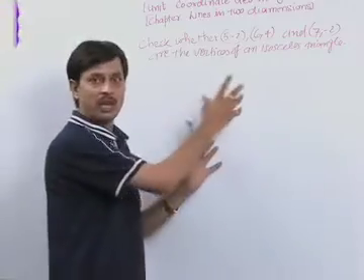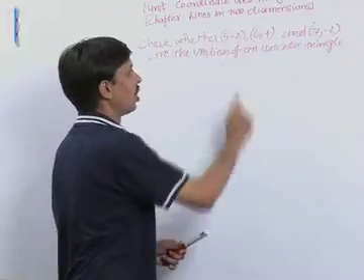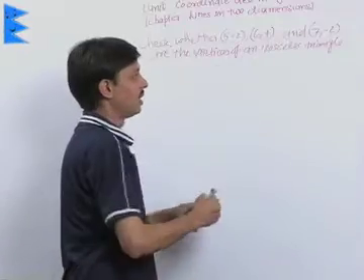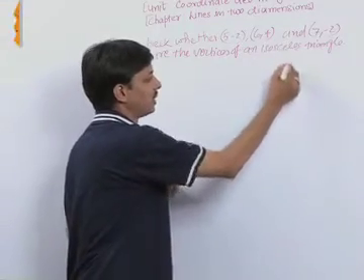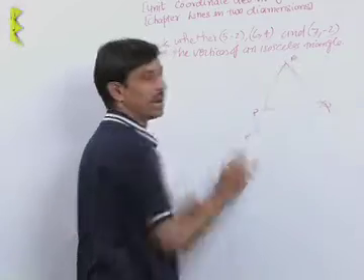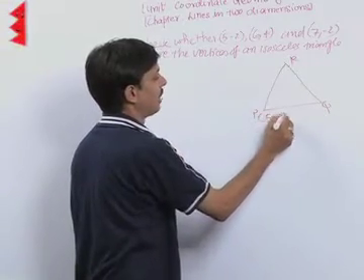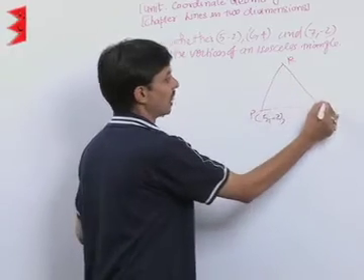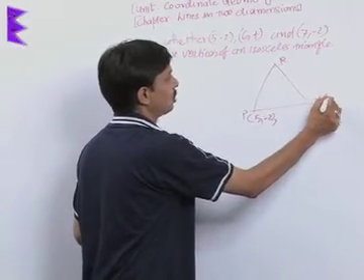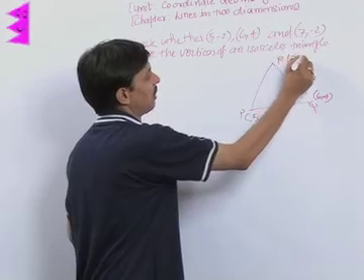Now the question is, we have the 3 vertices A, B, C, or you can say P, Q, R. Suppose we mention here in the plane, this is P, this is Q and this is R. Coordinates for the first point P are 5 comma minus 2. Coordinates of the second vertex are 6 comma 4 and coordinates for the last, third vertex are 7 comma minus 2.